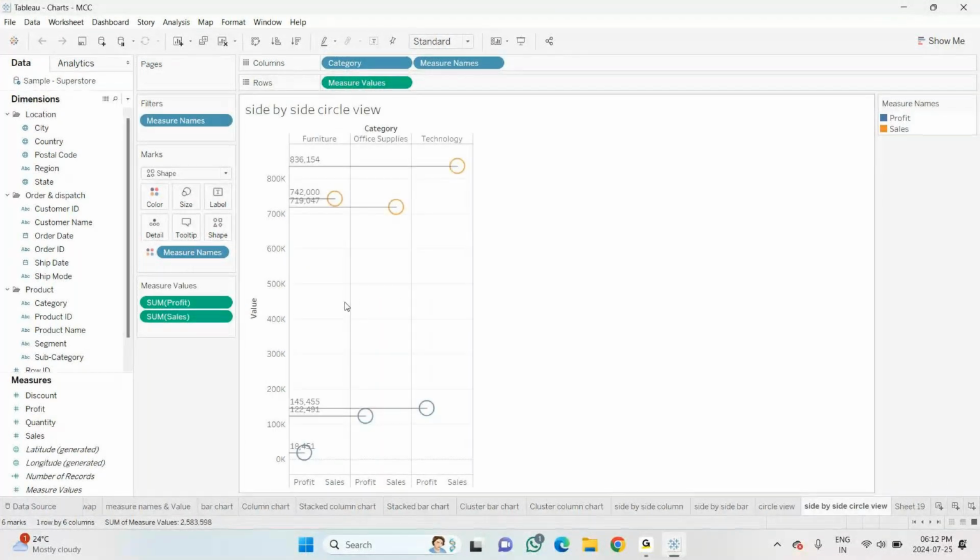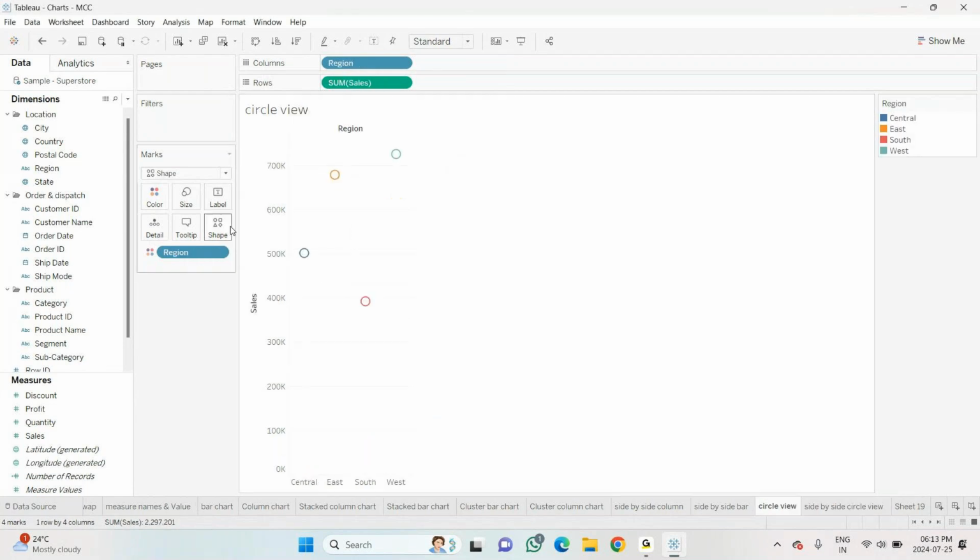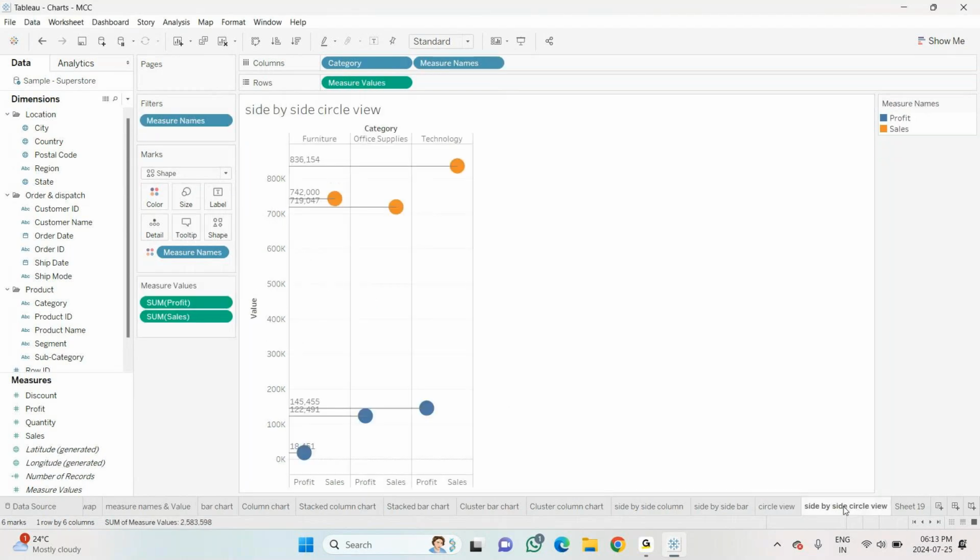What if I don't want the circle shape? I want some other shapes to use. Then you can see here there is an option as shape. Click on this, and whichever shape you want, you can take. I'm taking this color, so full colors. Here also I'm taking the shape which I want. I'm taking star. Suppose I want to increase the size of my star, I have an option here as size. You can increase how big you want. Even here also you have the size option. You can increase or decrease the size as much as you want.